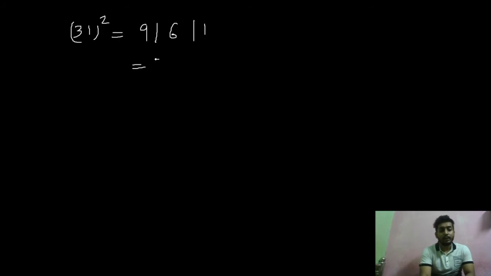Again, suppose for example, what will be the square of 31? I will do it fast so that you can see how quickly we can find the square of a number using the duplex method. Here the duplex of 3 will be 9, slash, the duplex of 3 1 will be 3 into 1 into 2, that is 6, and the duplex of 1 is 1, so that is 961. So 31 square is 961. We can see that this is a very easy way to find the square of any type of numbers.